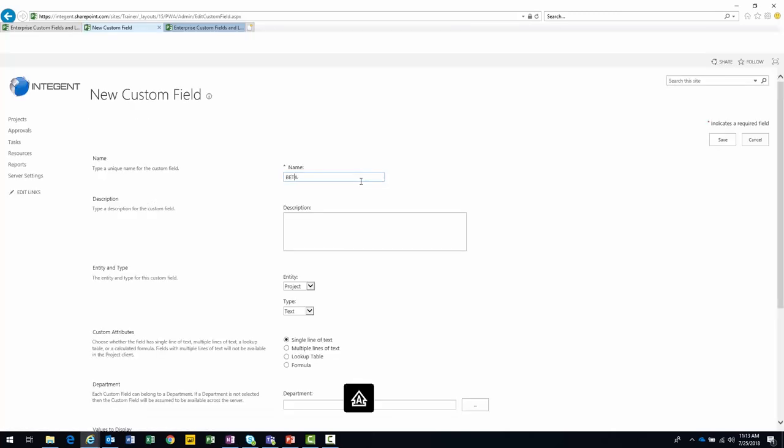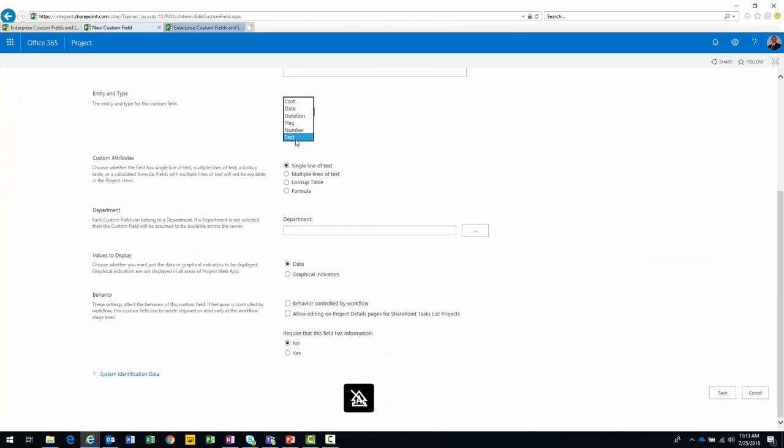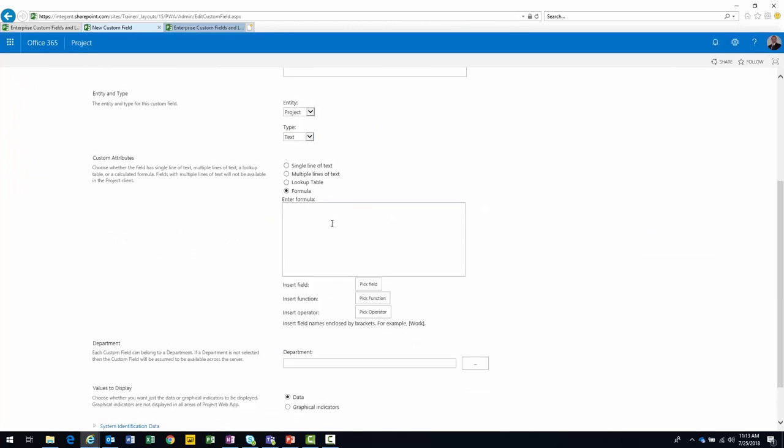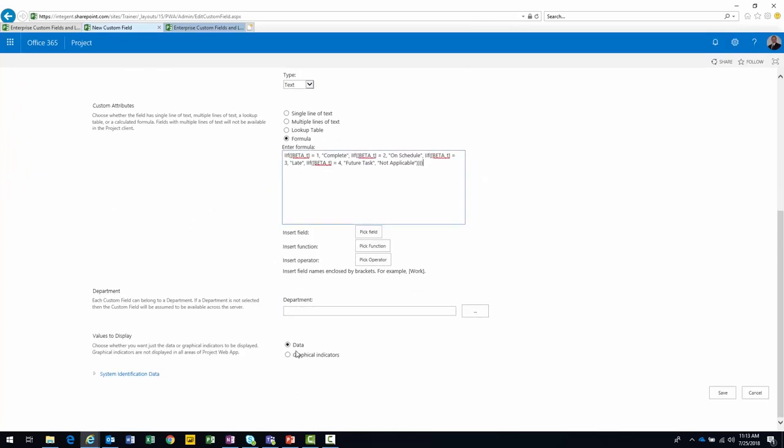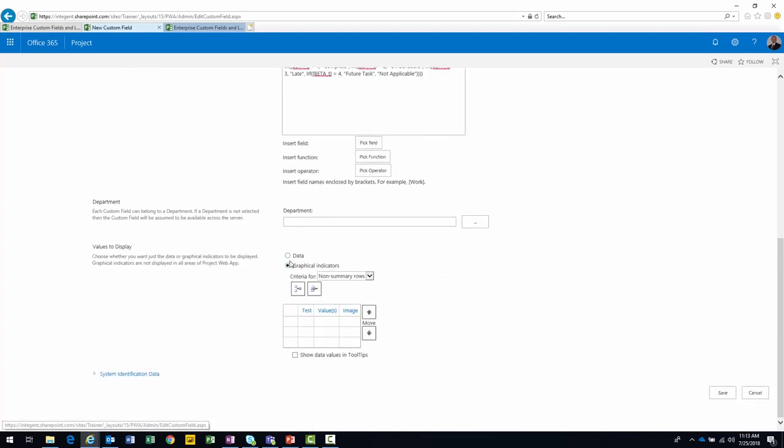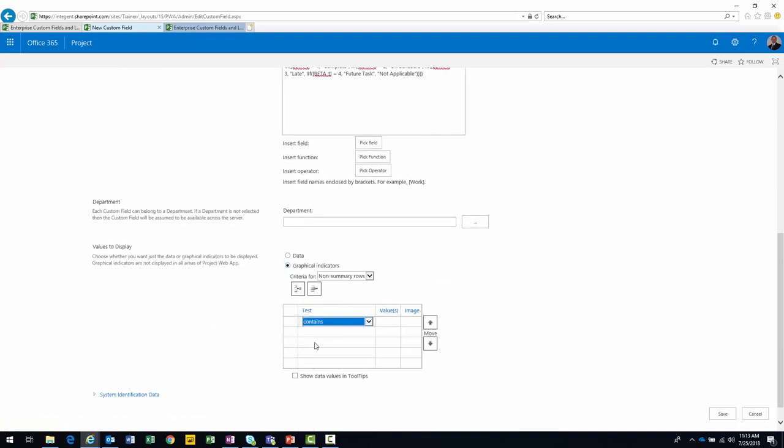I'm going to call it beta, project, text, formula. Hopefully I'm getting this all right. Going through here kind of fast. Two more. Contains 2, 3, 4, 5. We said we'd show it in here. I should know this by now. On schedule, late, what do we say? Future task, and then